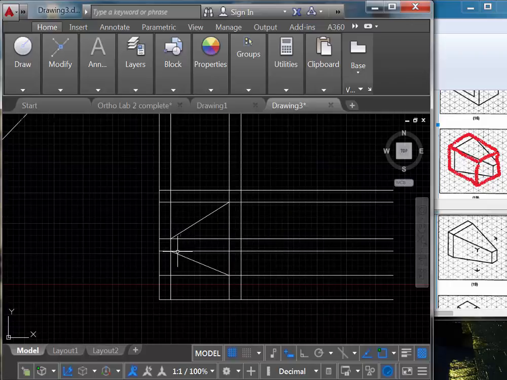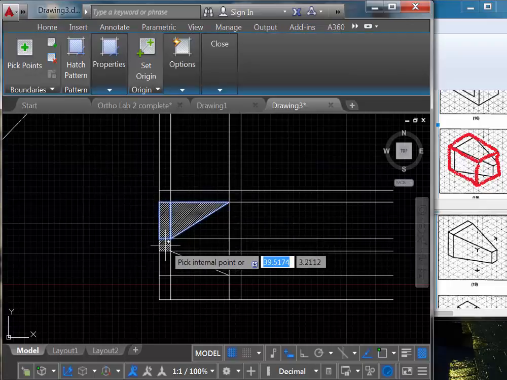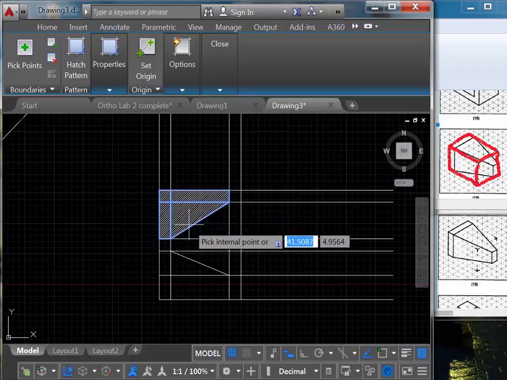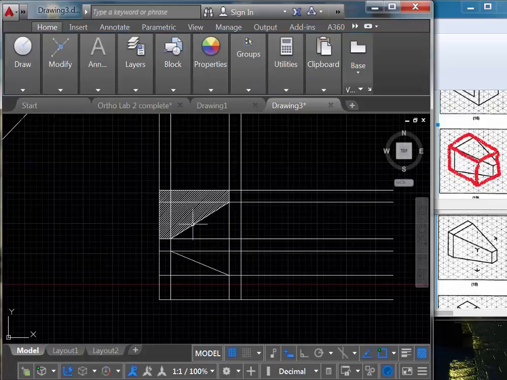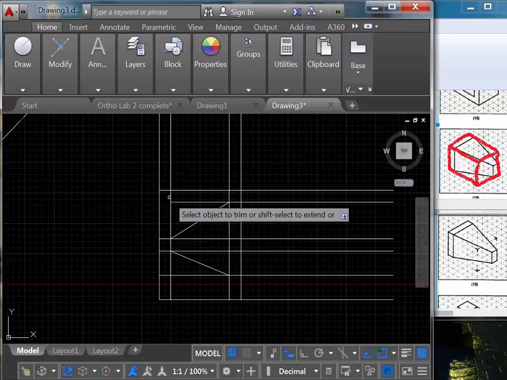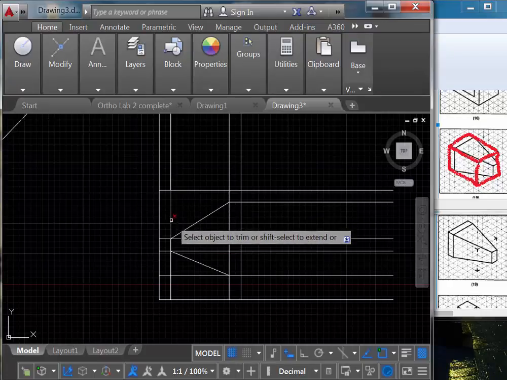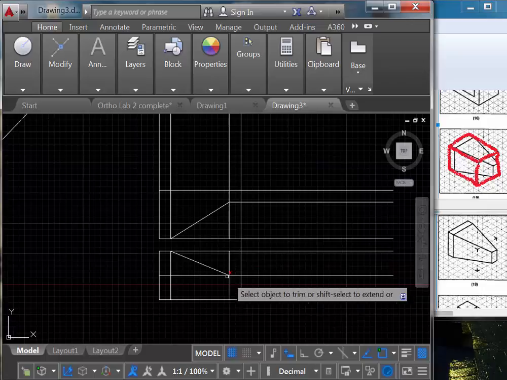Okay, so it may not look quite right there, but just for the sake of being able to see this more clearly, I'm going to hatch this in. Okay, so that is the visual of how that's shown. Now, if you're still not quite getting it, let me start trimming away these sections that should be gone. I'm not going to do the whole thing because I still need to do the right side. But as I take these out,